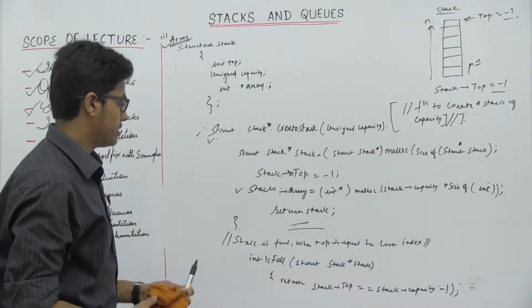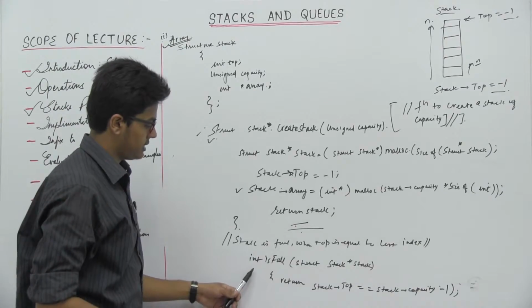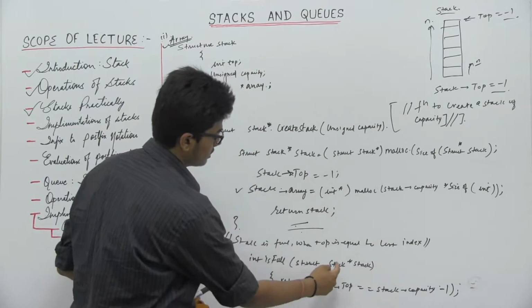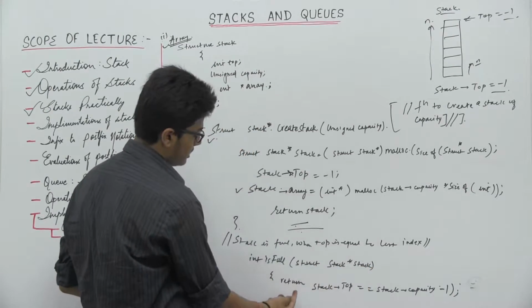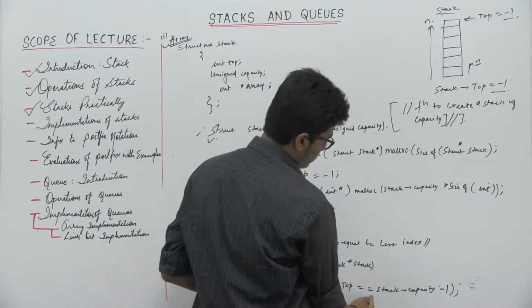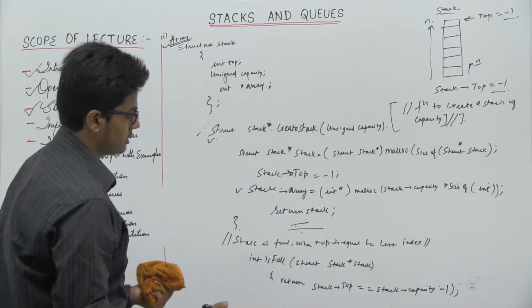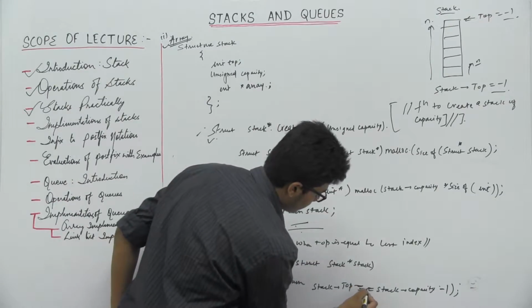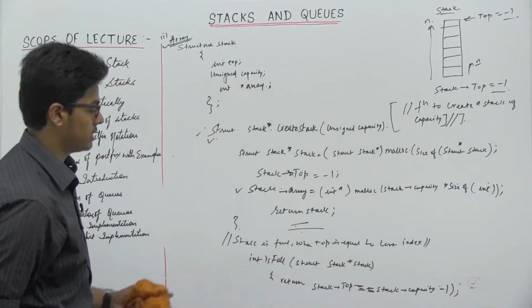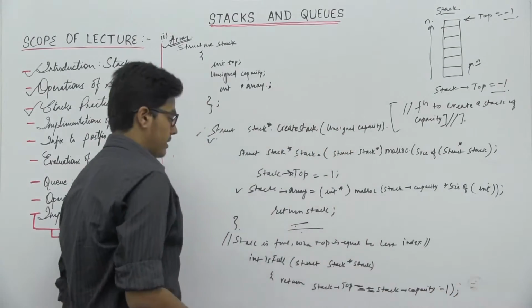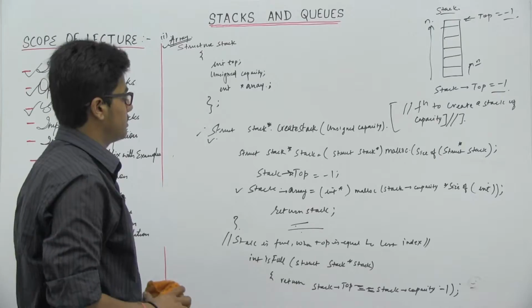So here, is stack full, we define this integer data type returning true or false, and inside we define an argument called struct stack pointer stack, which returns stack top is equal to stack of capacity minus 1. Stack of top is defined as in the code. We use double equal to compare the final value of it. Then the stack of capacity minus 1 is compared with the stack of top. So here return stack top.